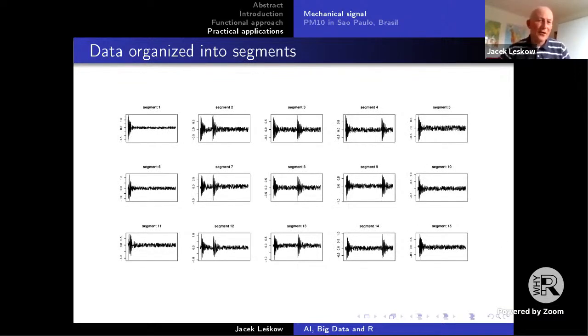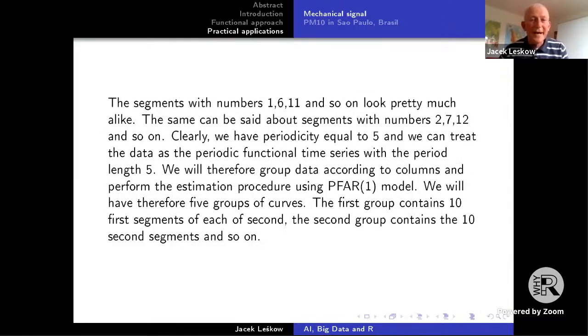First of all, related to the nature of the experiment, this part of the data analysis is segmentation according to the natural cyclical nature of the data. So instead of one curve, you have here 15 curves to which we are going to do the functional data analysis. And we will be doing the functional autoregressive model in the periodic setup. That's why the acronym is PFAR, and the complexity of the model is order 1. That's why there is a 1 in the parentheses.